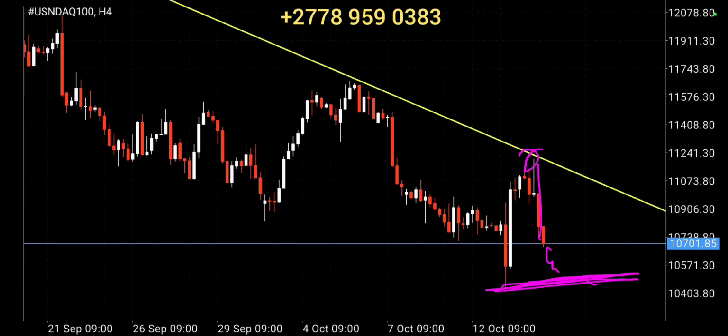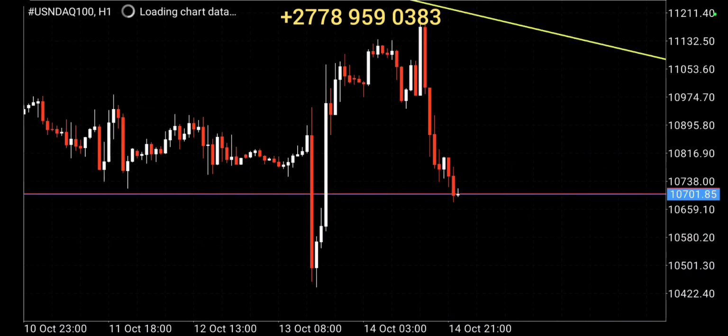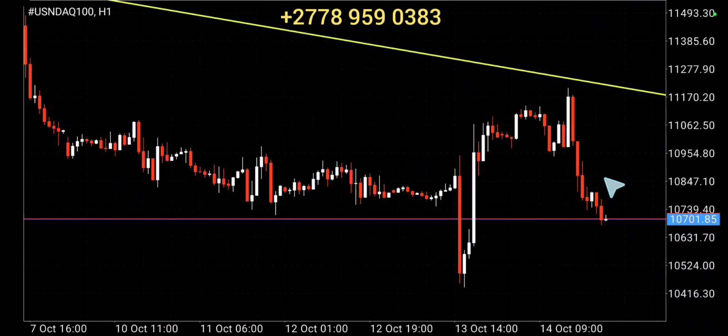So if you are executing on H4, you just depend on the structures that you're seeing here. For as long as you're still above there, maybe you can score yourself a smash and grab back to these areas. But I'm not saying go and buy. We don't have anything to point to the upside, because all the time frames are pointing to the downside. For you to enter, you rely on the structures you are seeing here, which means confirmation, confirmation, confirmation for you to go to the upside. So let's check H1. Maybe things will look slightly different there.